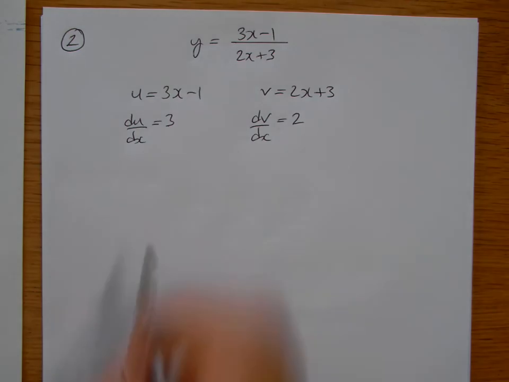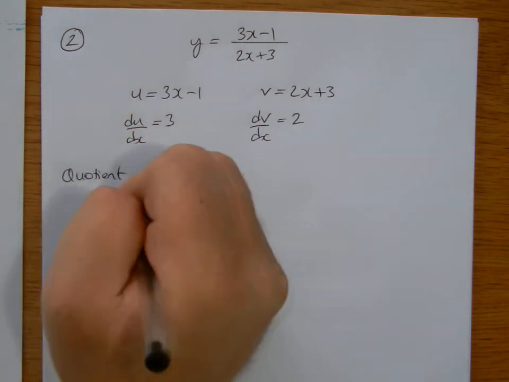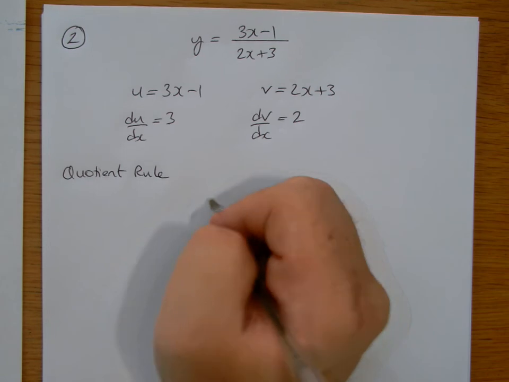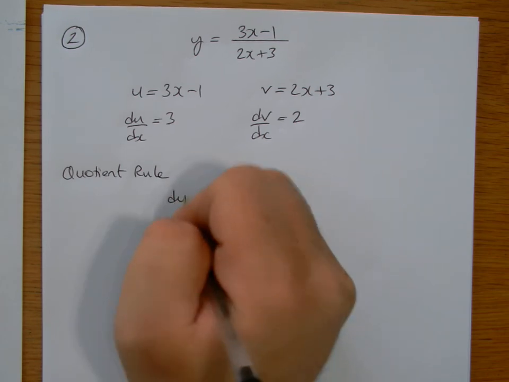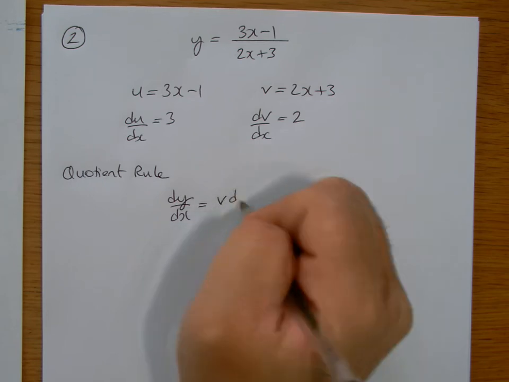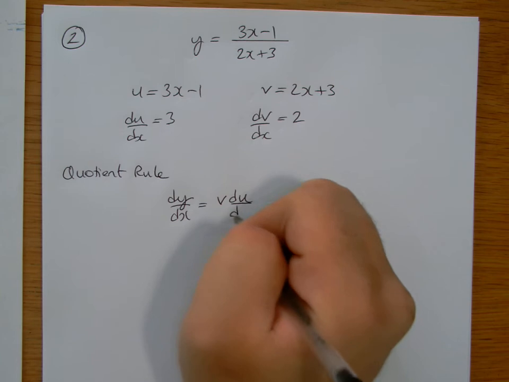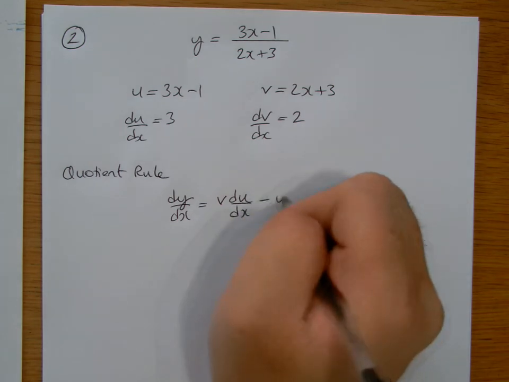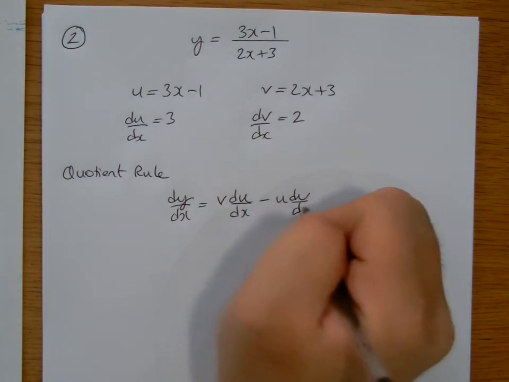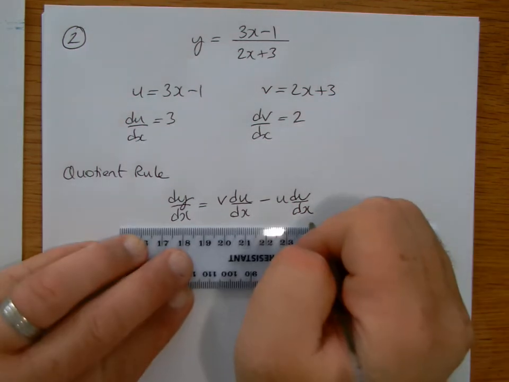Very straightforward. So then the quotient rule. I always find it's really good when you're practicing this, for the first, say, 10 or so questions, keep writing down the rule. Keep writing down the formula so you get used to it. So it's v du/dx minus u dv/dx, okay, all over, so get your ruler, the whole thing